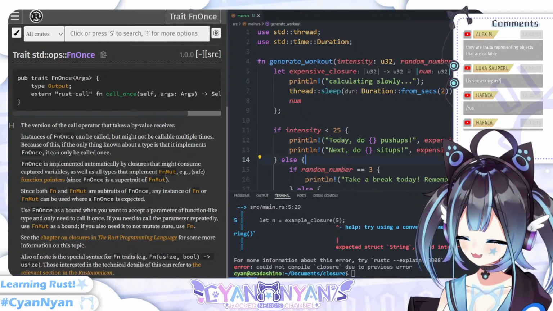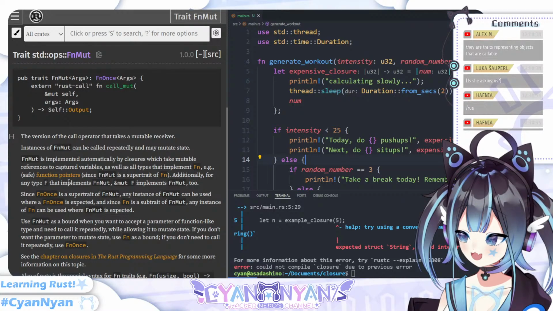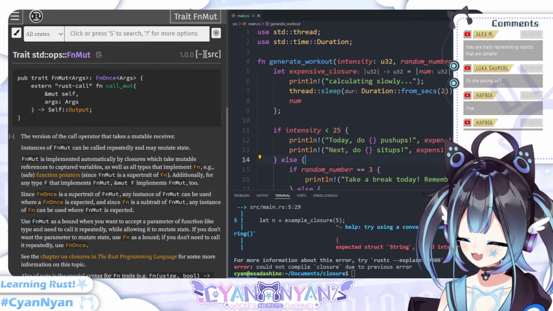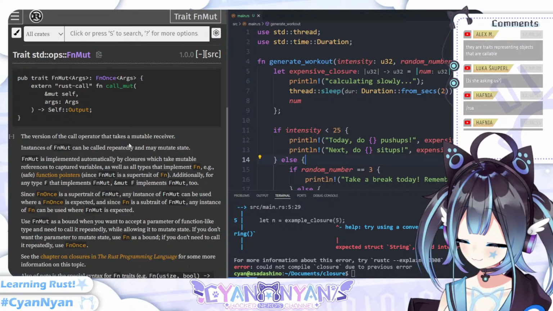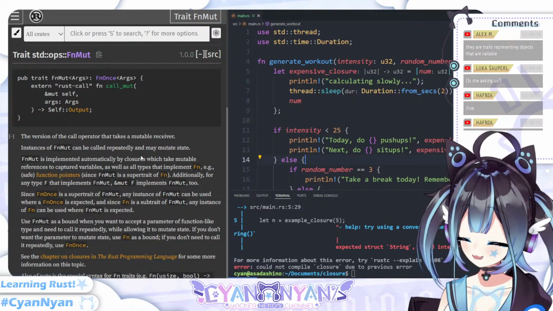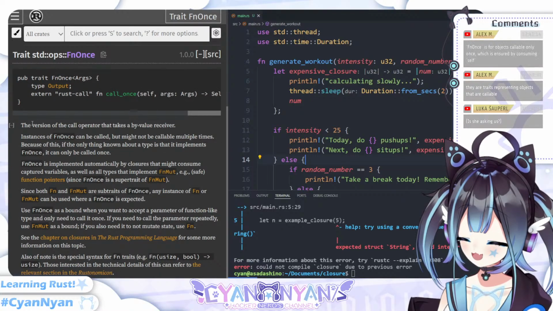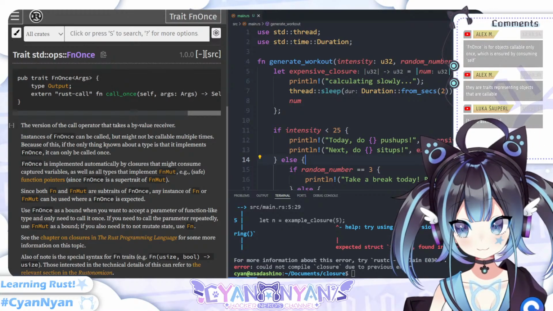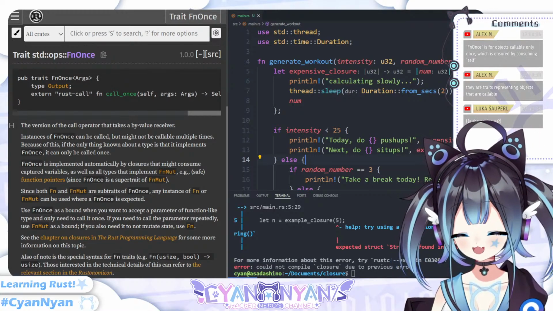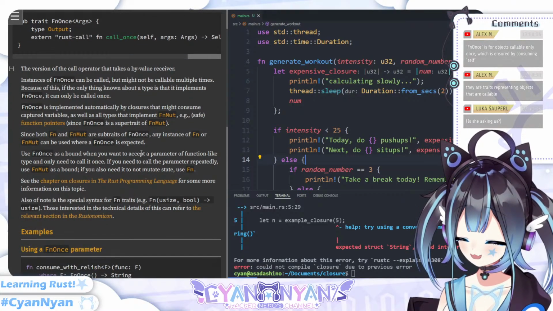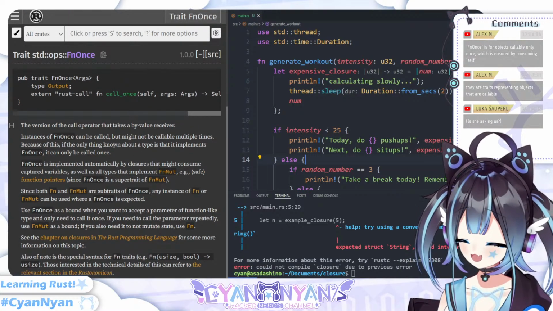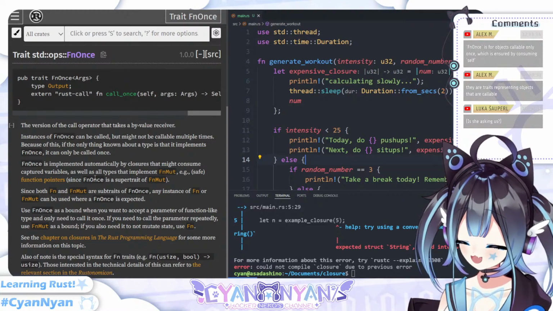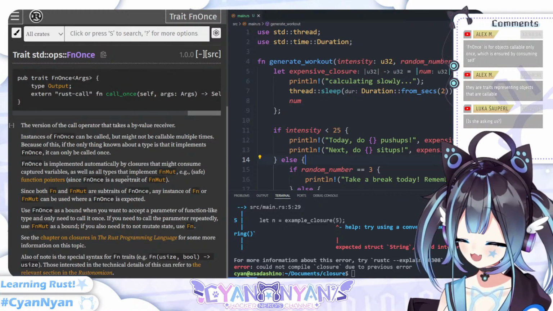What is FnMut? The version of call operator that takes a mutable receiver. Is she asking us? I'm trying to figure out. I'm figuring things out as I go. So I'm reading the doc. And if you guys know, if you guys want to talk,